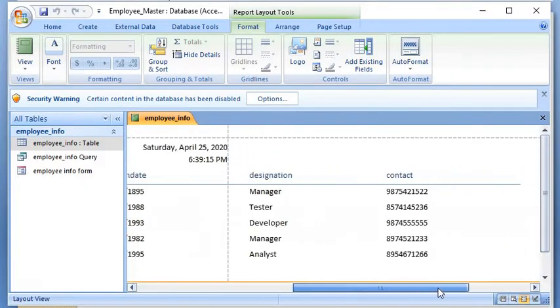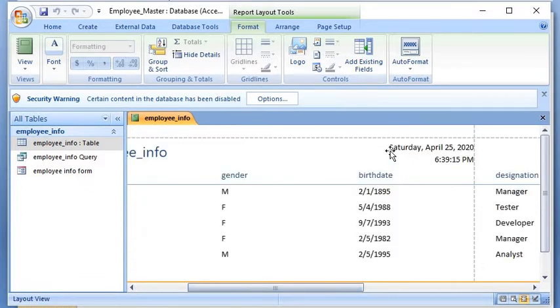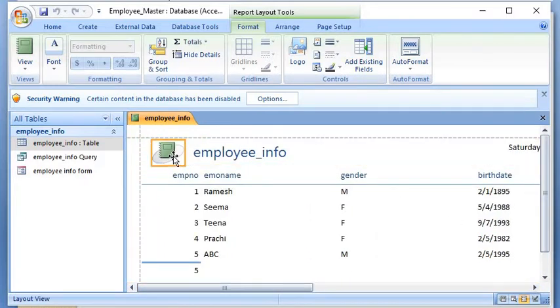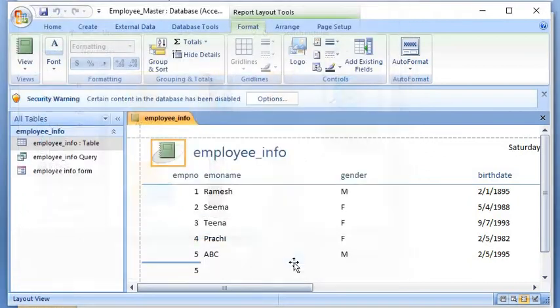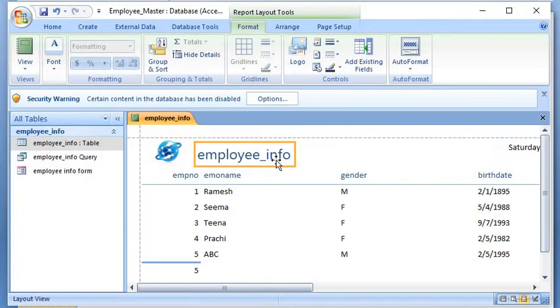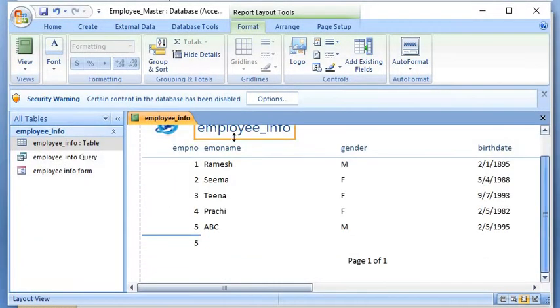So this is the report generated. It comes along with the date and time. It is generated today, and it has highlighted today's date. You can insert your logo, whichever you like. You can change the title of the report.